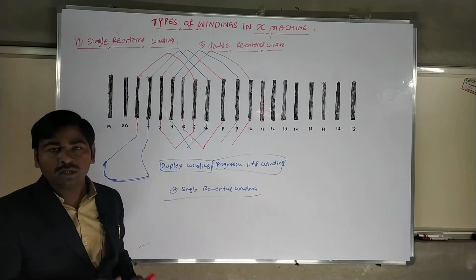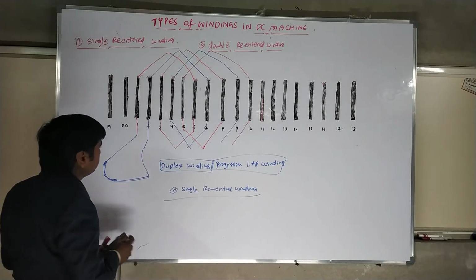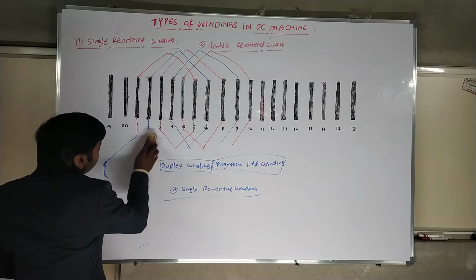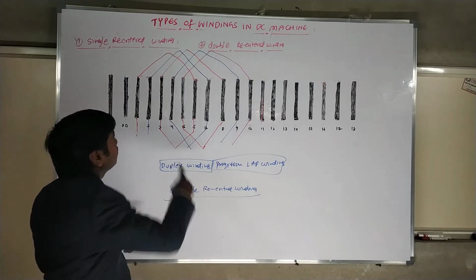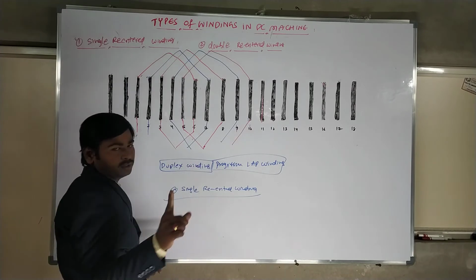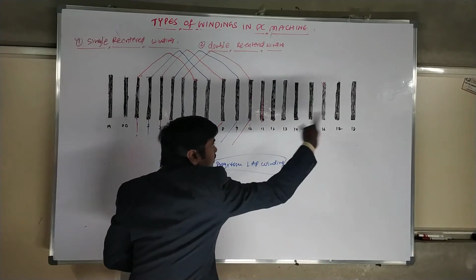But what is the doubly re-entered winding? The doubly re-entered winding is a little simple. After this, the ending part is over. First, I think you can see the red color thing. It's the first phase. The first phase you are connecting over here. Double layer winding means ending over here.